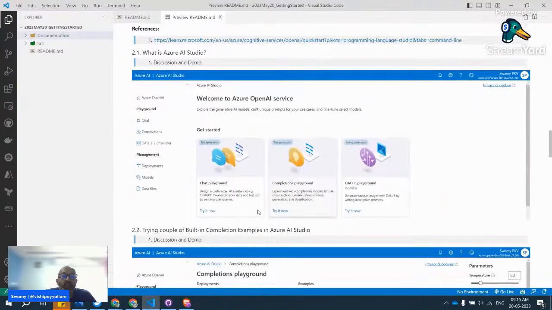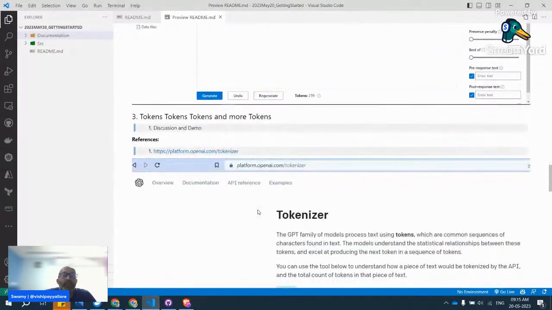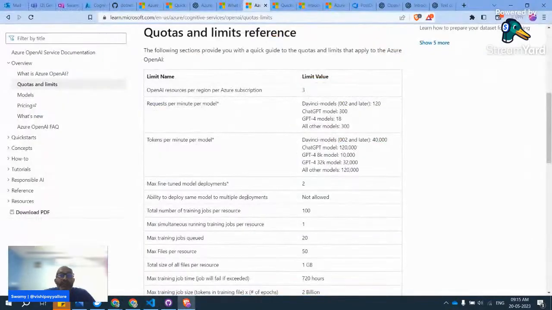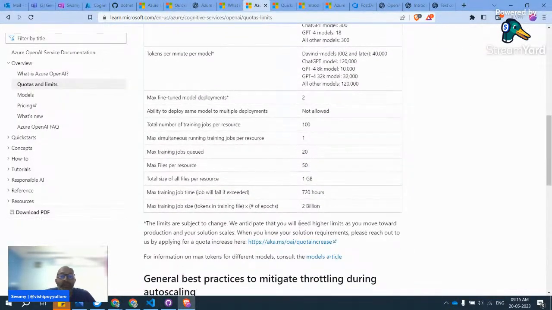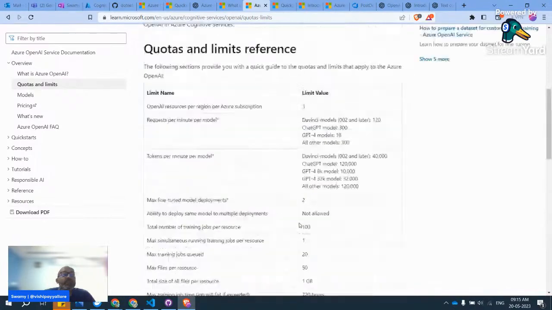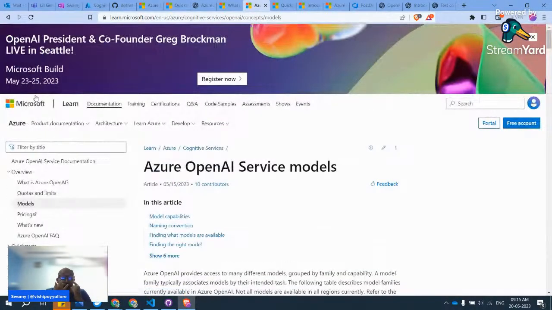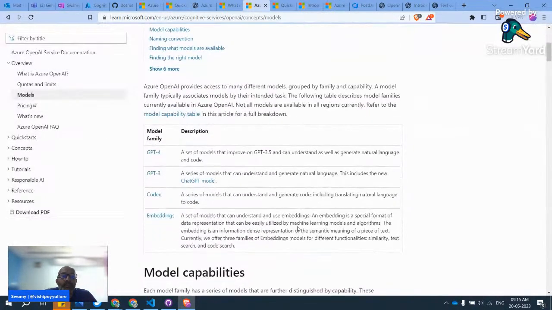What are tokens? We will do a little bit of a deep dive on the tokens, but let's stick to the game plan. Like this, you can come and learn what the quota is. The next thing is models, the trained models. So you can see there are different things. As I was mentioning, we are using the